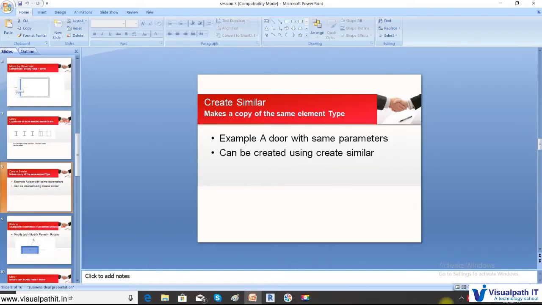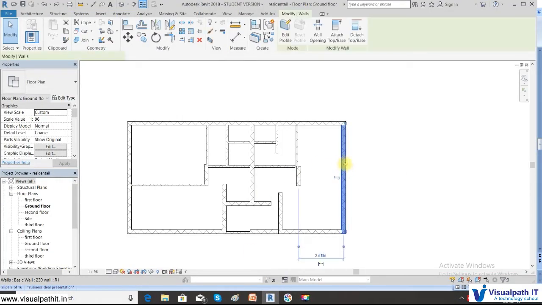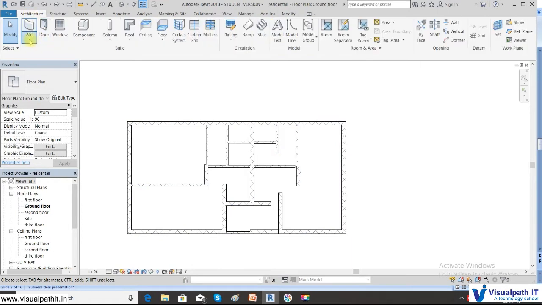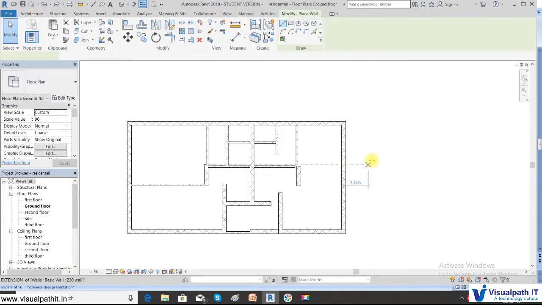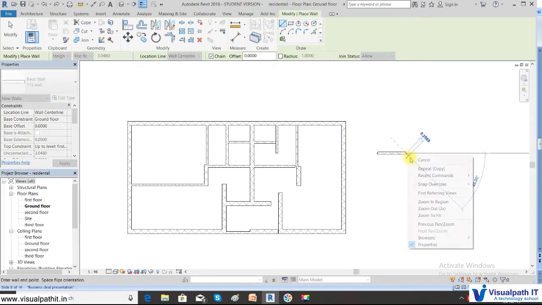So how create similar works is, say I need to copy this, or let us create a wall again. So say wall, it has some properties. It's a partition wall.